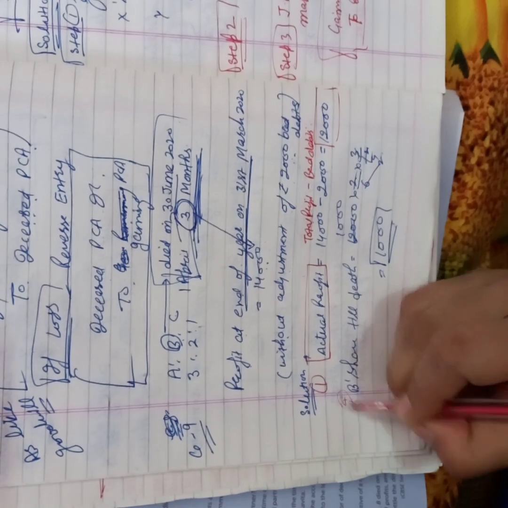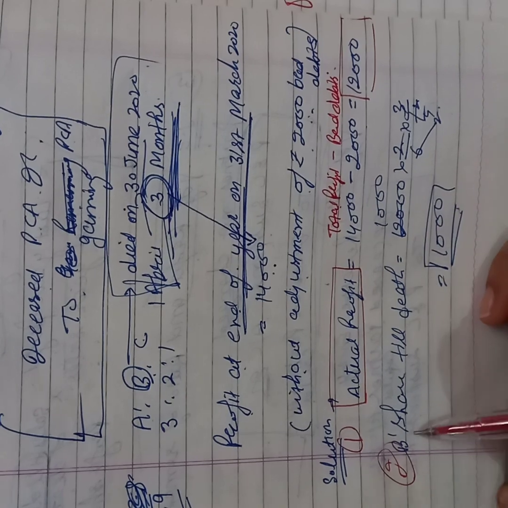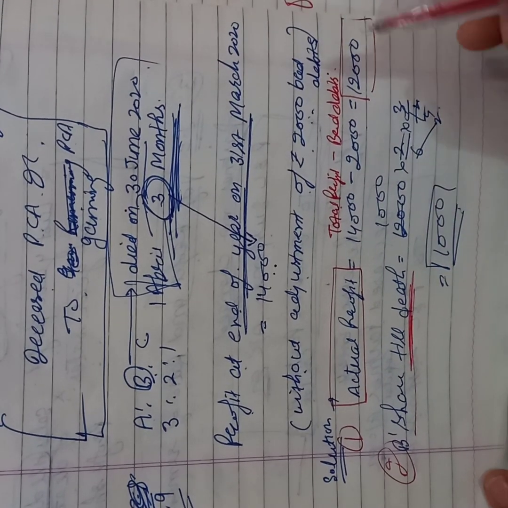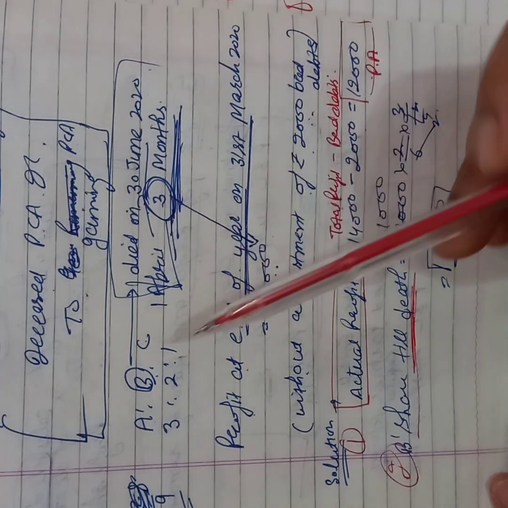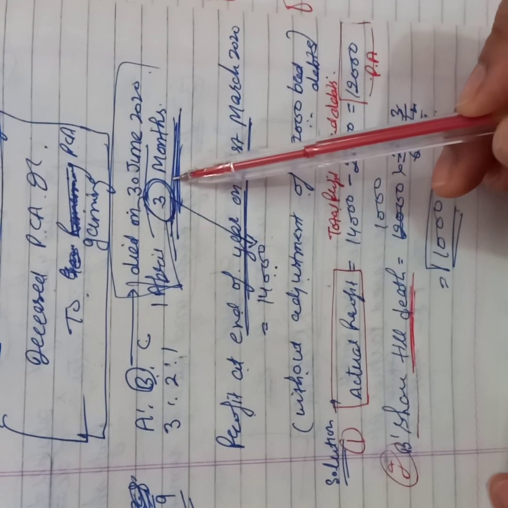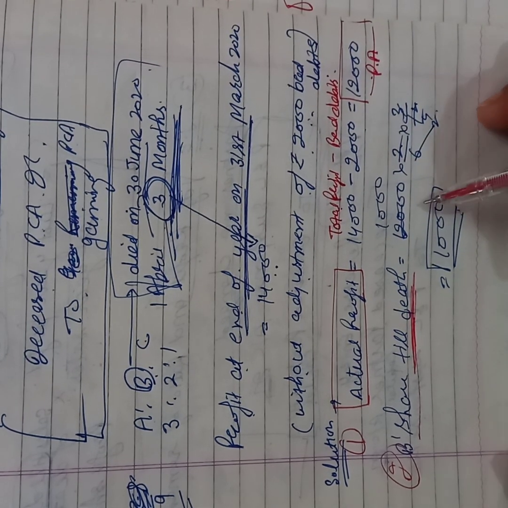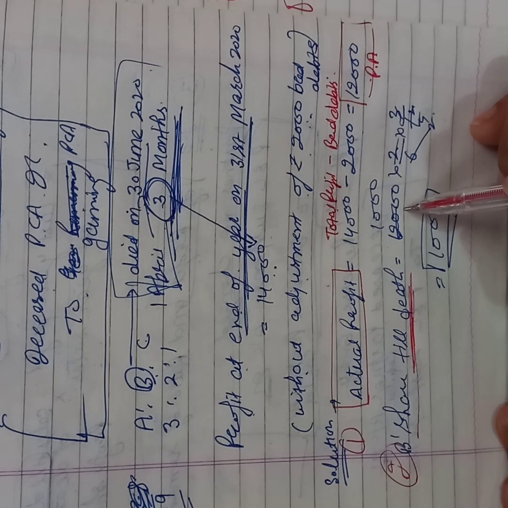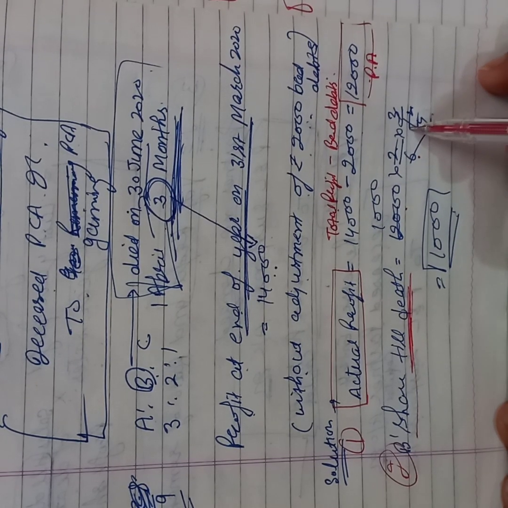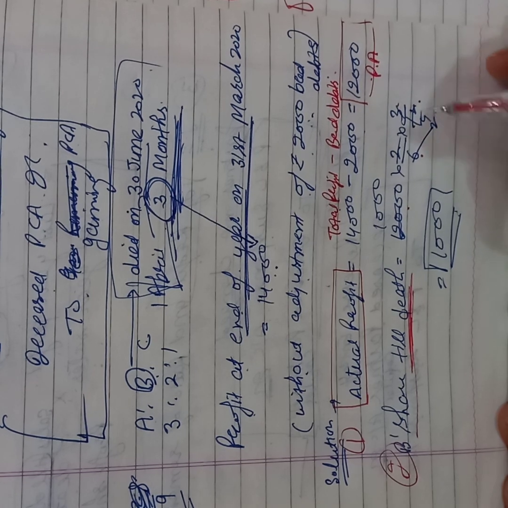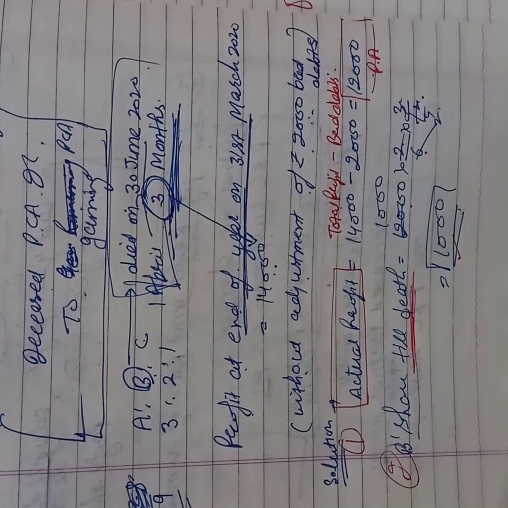Then second step, we'll find out B's share till death, because this profit is per annum, this is full year profit, and B contributed only for 3 months. That's why we will find out the share by multiplying the time factor and share also. So 12,000 per annum multiplied by the share as usual, but we will find out the profit only for 3 months. 3 by 12 we'll calculate, and it will be 1,000. It is the profit share. Then what will we do?